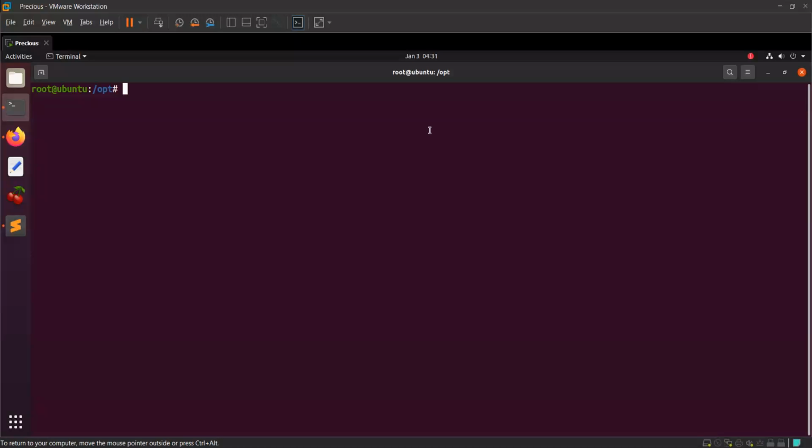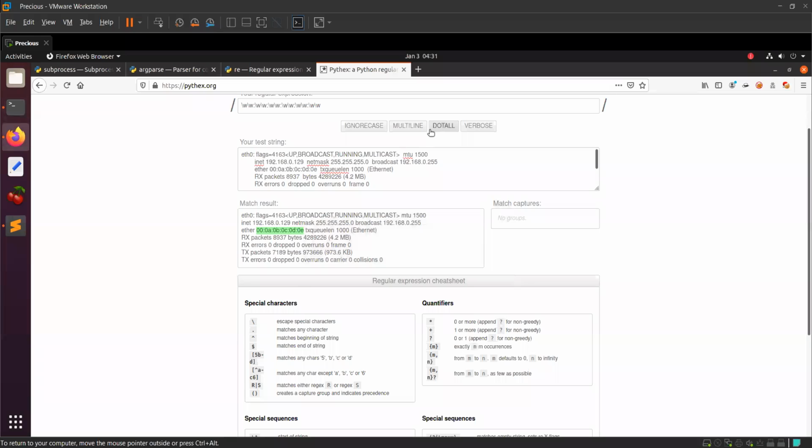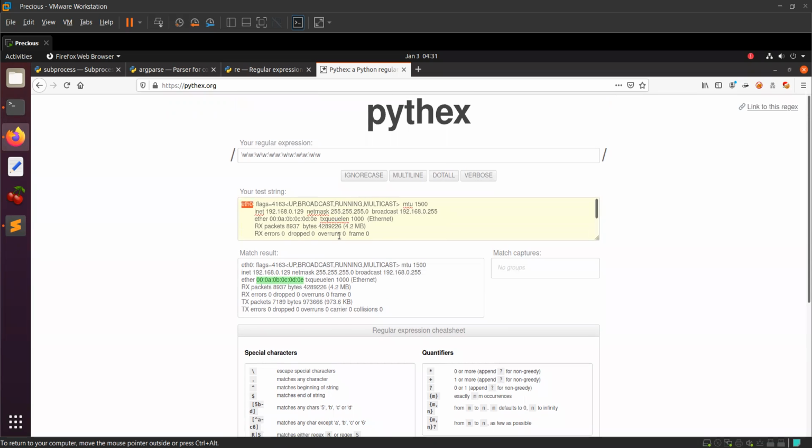Welcome back, everyone. In the last session, we saw what a regular expression is, and using the website pythex.org, we took out the string for the MAC address. We just want the MAC address from the whole test string, which was the result of the ifconfig of eth0. So we know how to get this MAC address by just using \w 17